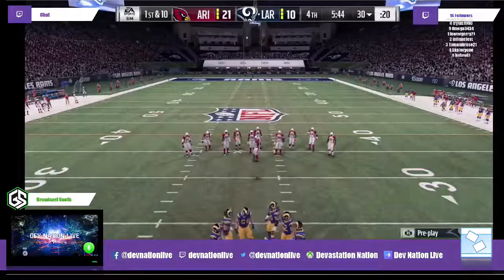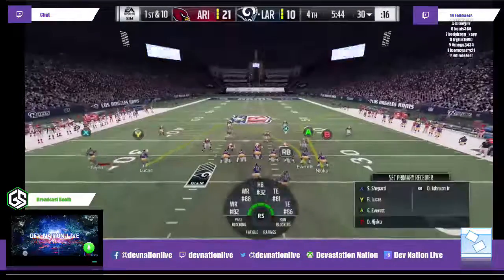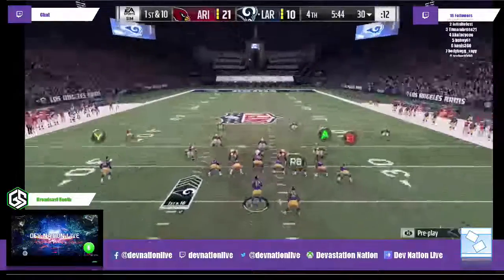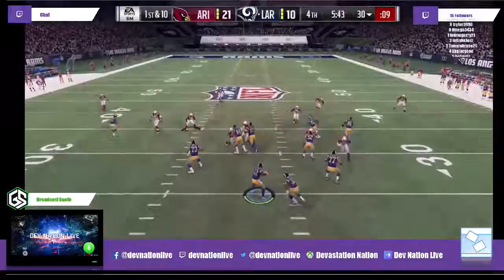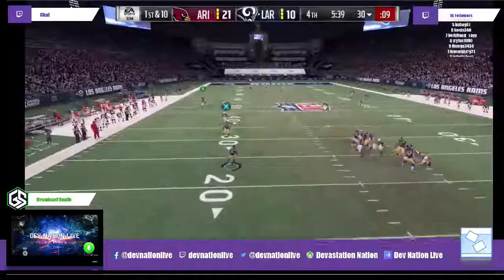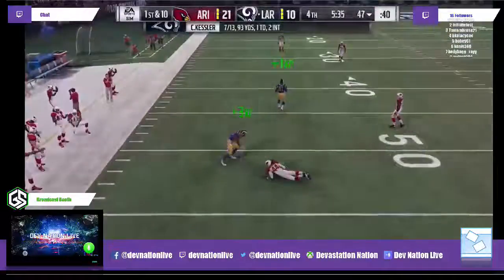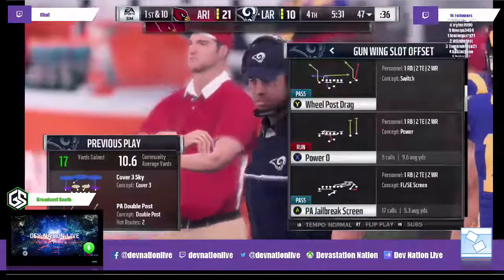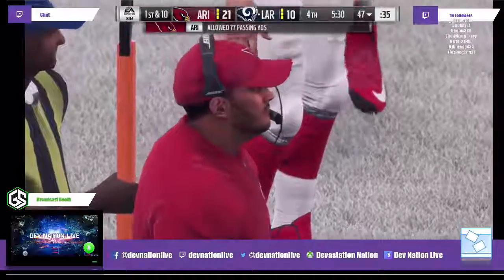Not too much time left on the play clock right now. So 1st and 10 from the right side of the field. Shane is in the new formation, the gun wing offset formation, and he is going to scramble out. And he's been scrambling a lot, and this time he gets a reception. Kessler is 7 of 13. Not too bad, but I think 2 of those incompletions were picks. So